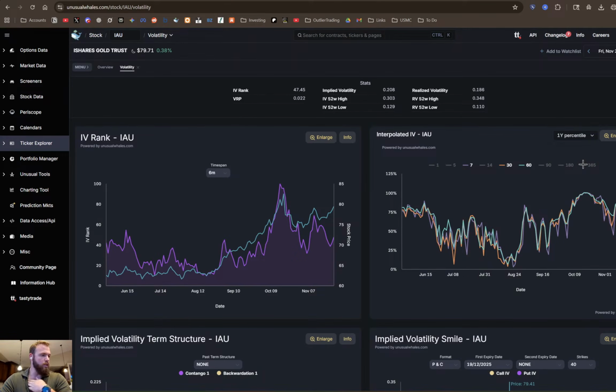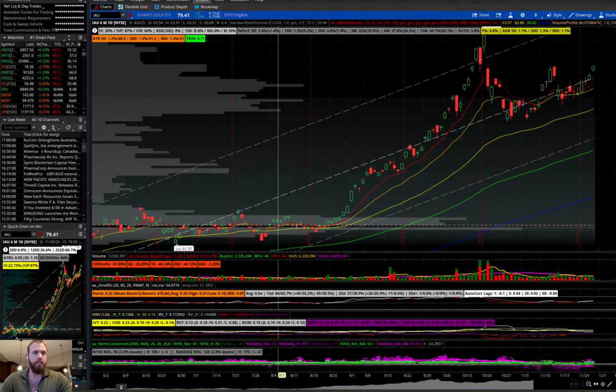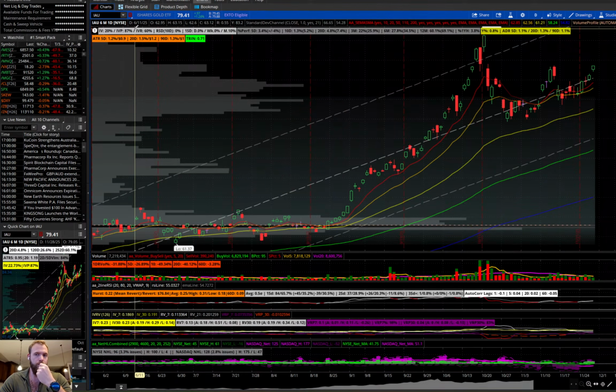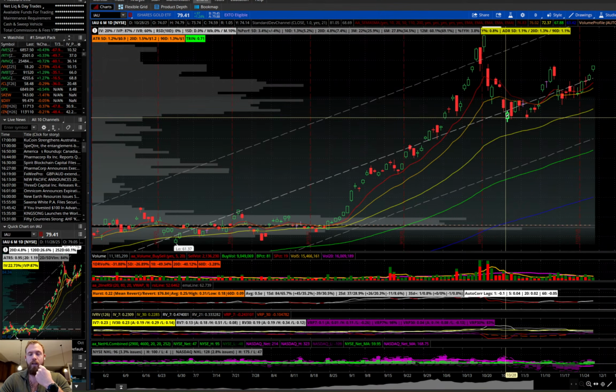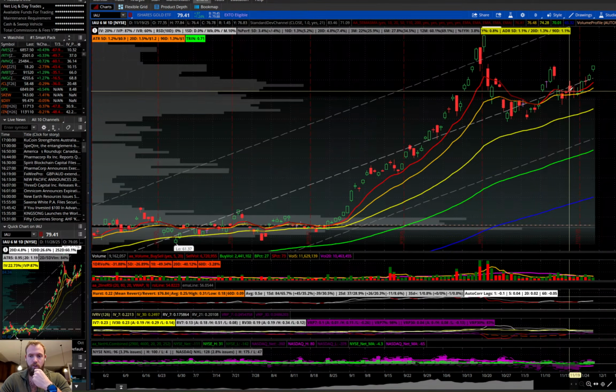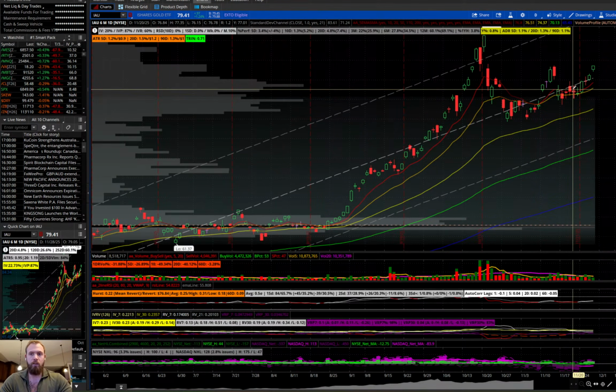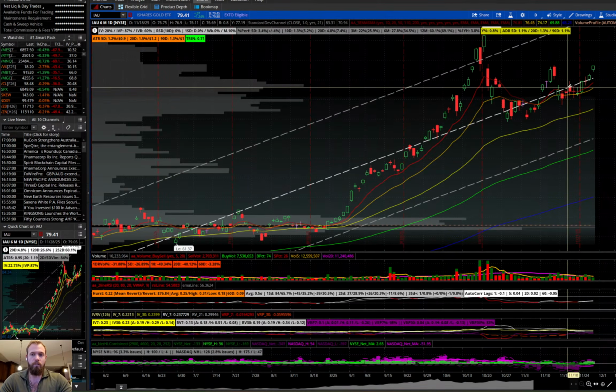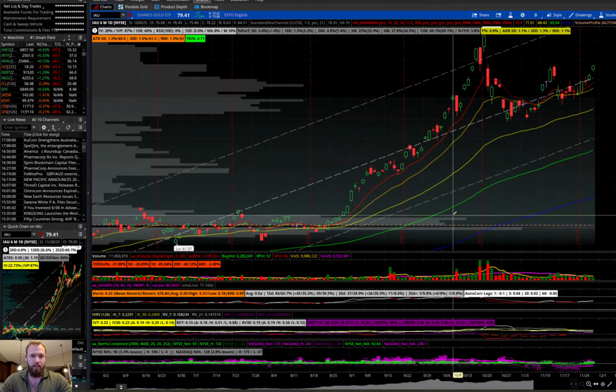Here's what you've been told: if you see something like this that has high implied volatility percentile, you shouldn't buy options in here. The other thing that you're told and systematically overemphasize is trying to get cheap vol and not paying enough attention to the direction. So let's take a look at what happened here. In this scenario, volatility declined by like 2 points.